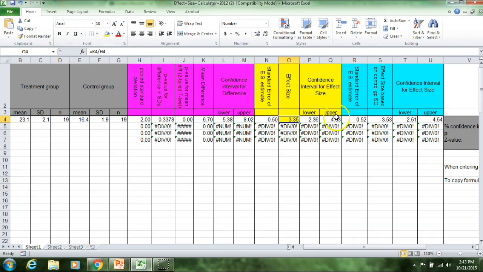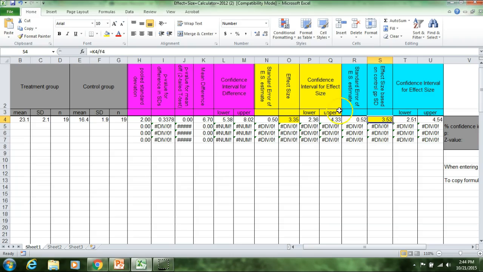So here's one effect size, and here is the other effect size. So what we're looking at here is the effect size when we use the pooled standard deviation. And then we're looking at the effect size when we use the control group's standard deviation. So you can see that when you use the pooled standard deviation, you're more conservative, and I'd almost rather underestimate the effect than overestimate the effect and I guess create a type 2 error, right? And so what can we say? That this is a large